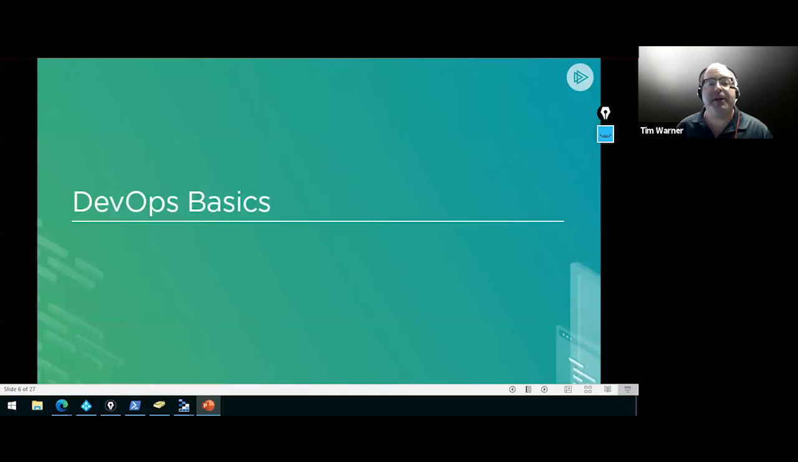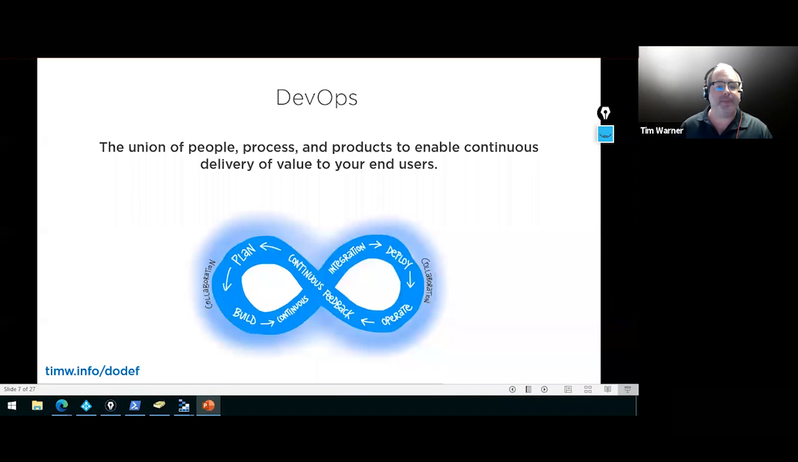So first I figured we would level set and just get a general, gentle understanding of what DevOps means in general, and then we'll dive into detail in how DevOps is supported in the Azure ecosystem. All right, so first we've got, and you notice that I've got attribution URIs in the lower